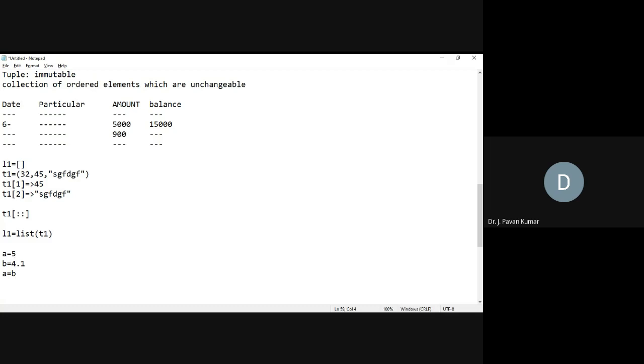Now, A is equal to 5 means what is the type of A? Suppose after this, if you try to print type of A, then you will get the type of that particular variable. You haven't specified the type, but you have assigned 5 to it, so automatically it will consider the type as integer. Similarly, if you print type of B, then what will be printed?